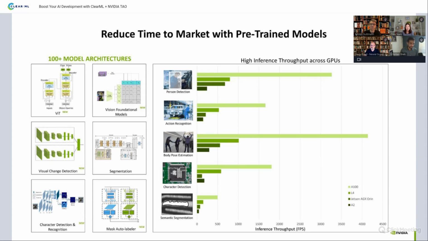So I talked about our pre-trained models, and we have 100 plus pre-trained models, from the traditional CNNs, the ResNets, the YOLOs of the world, to newer architectures like vision transformers. Vision transformers were invented in 2020, and now most of the newer vision models are transformer-based. So we are doubling down on transformers. This can give you much higher accuracy and robustness than the traditional models. We have tons of vision transformers, for classification, object detection, and segmentation use cases.